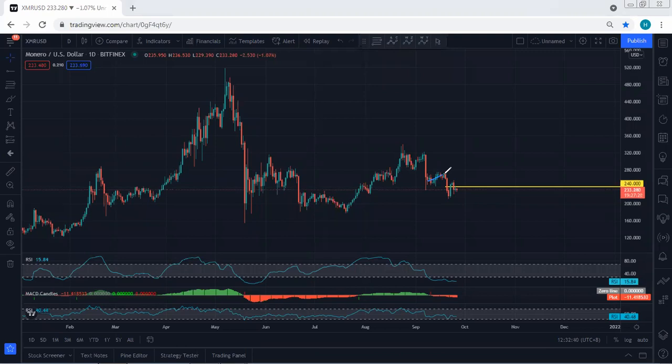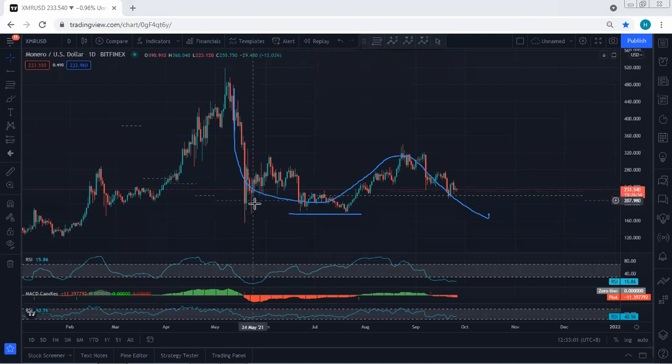Anyway, as we can see, the price dropped more than what we expected, and the lowest price we got was somewhere around 212. All right, now let's see what's next, because we have been looking for the reversal. Now we see whether we can get the reversal, meaning whether we get any trade setup for buy or not. But we need to know, can we expect this one to give us one more drop and retest the previous low, which is somewhere around